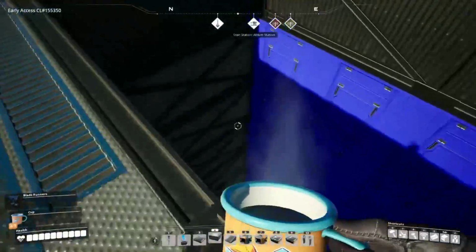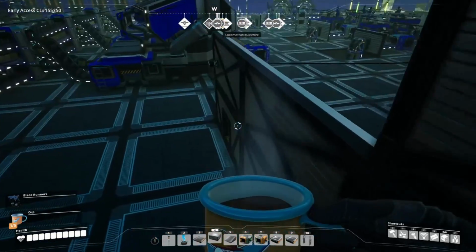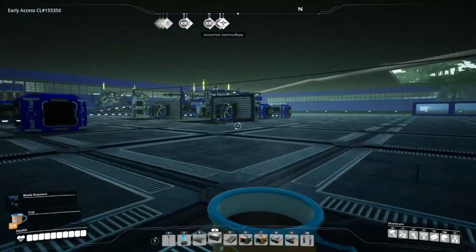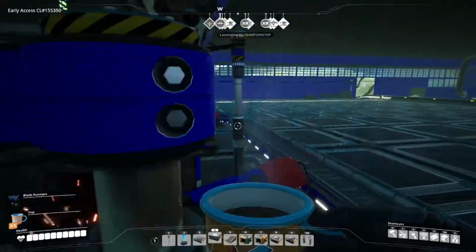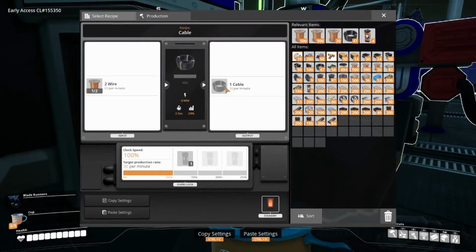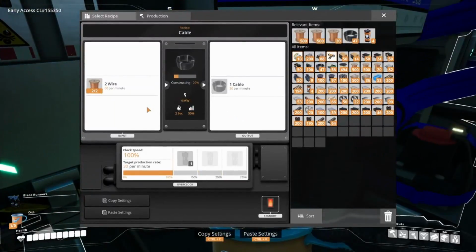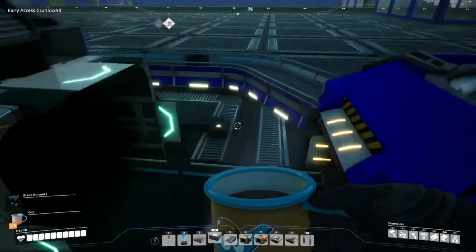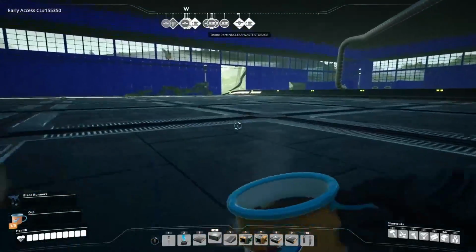Alright, so in order to do that, I tried to band-aid it last episode. Tried to band-aid it by cutting off the wire that was coming into base and turning that into cable. But even that, you know, 24% efficiency. There's not enough wire coming in. 50% there, but obviously, again, not enough. So, plan is,